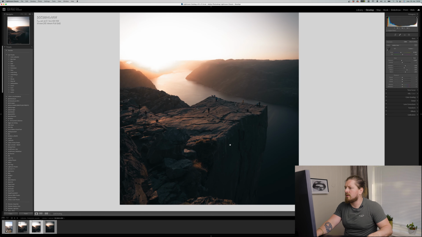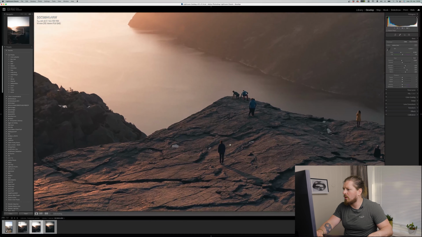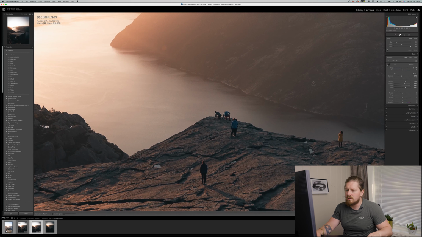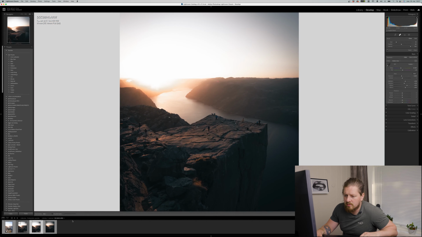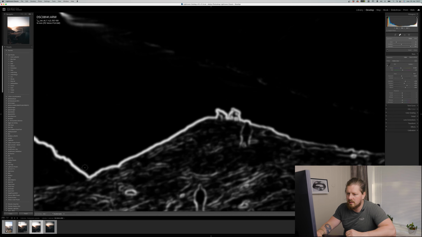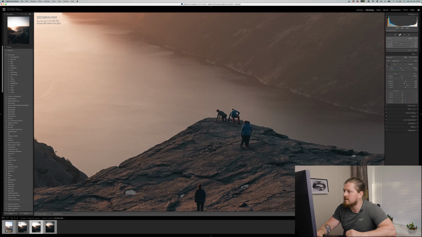Since many of you probably know Lightroom, I'm going to just show you why I don't use the spot removal tool. Spot removal tool is used for one purpose mainly, which is removing spots from your camera or your photo when you have dirt on your sensor. If you press here, you can see it's visualizing those spots. There are not so many spots here. It's saying that these are spots, but it's probably just rock formations. And if we zoom in and then move the visualization, if I try to remove these people like this